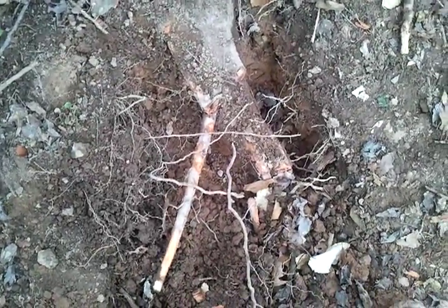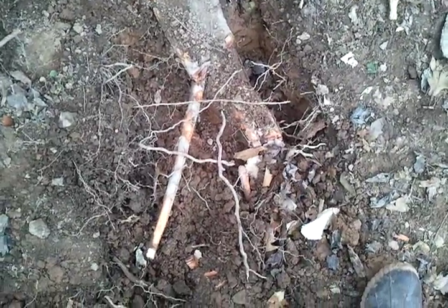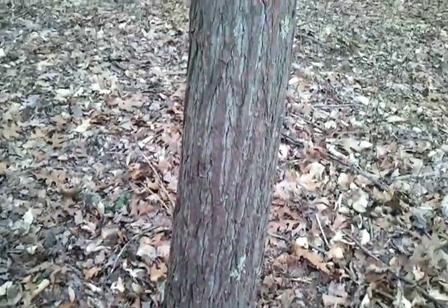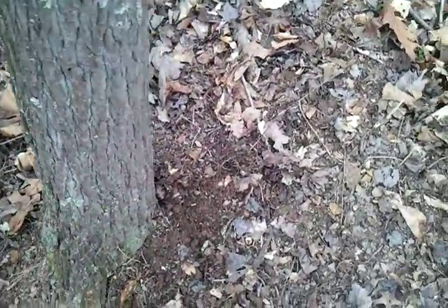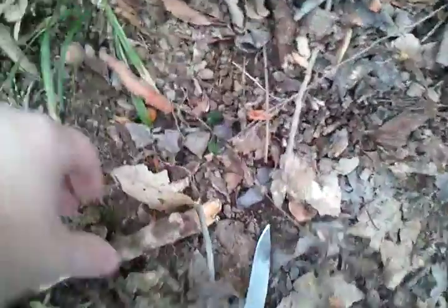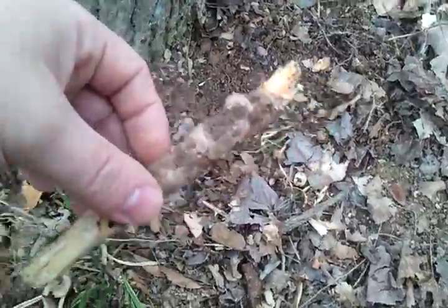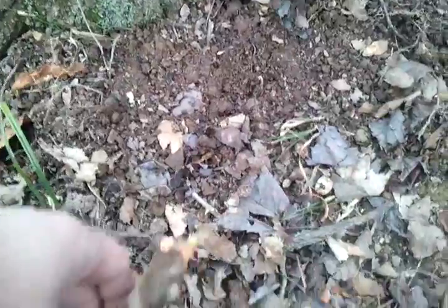Matter of fact, this tree, the top of it is nearly dead, so I'm going to harvest the root for some tea, and the rest of the tree I will use for firewood, so it's not all going to go to waste. Now, what I do is I get some of the root, okay? I dig it up. I dig around, and